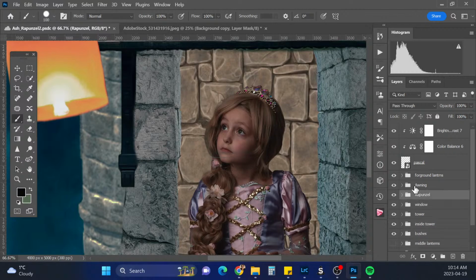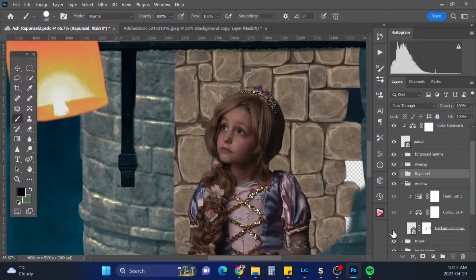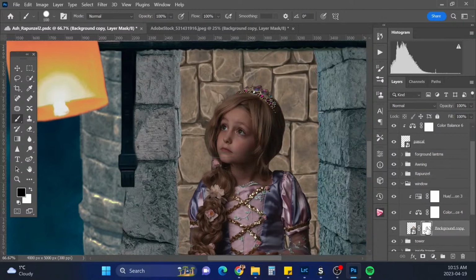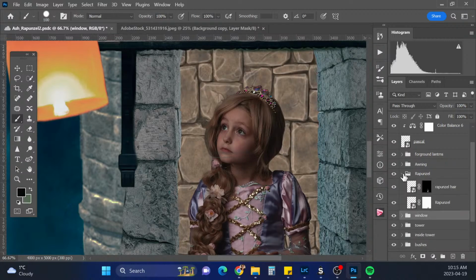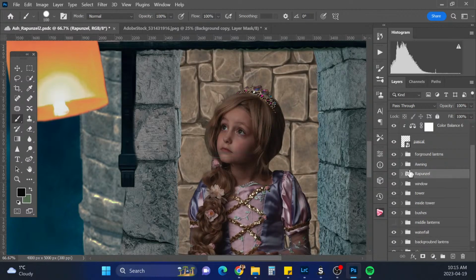Window maybe? Window, let's see. What is going on? What is that from? Okay, it's something. Tower maybe? No, not the tower. The awning? Aha! There we go.